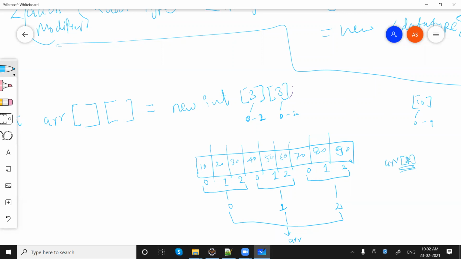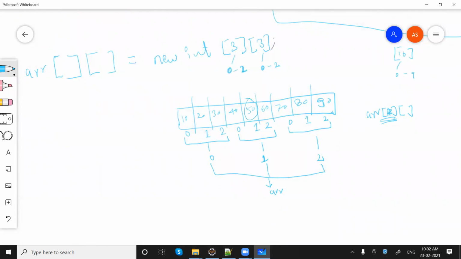What we need to do is make use of 2 square brackets. Let's say I want to access this particular element, that is 50. So I'll say arr, it falls where? In 1. So from arr, the first index, choose the first one. If I say system.out.println like this, we'll get 50.